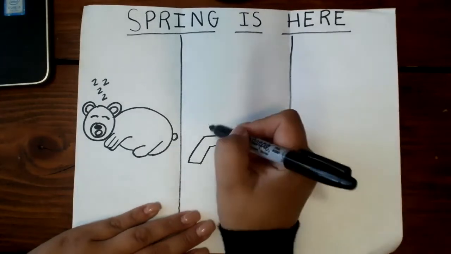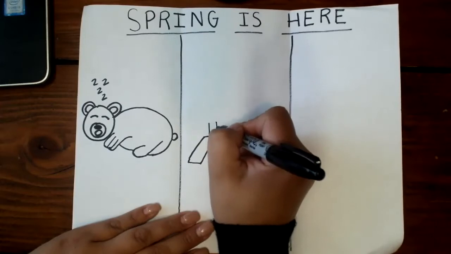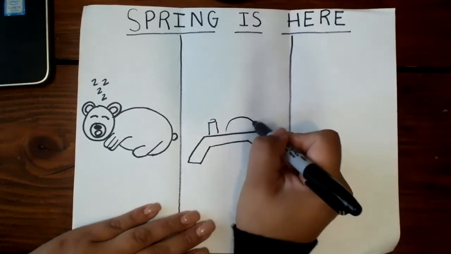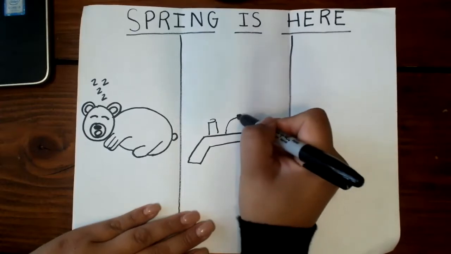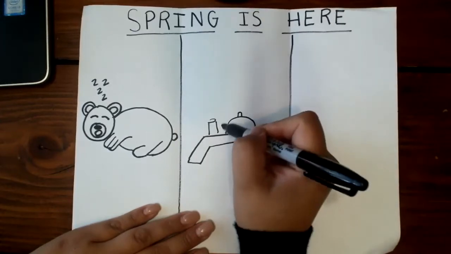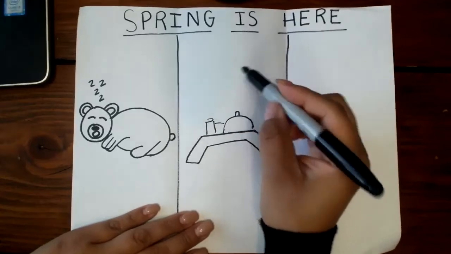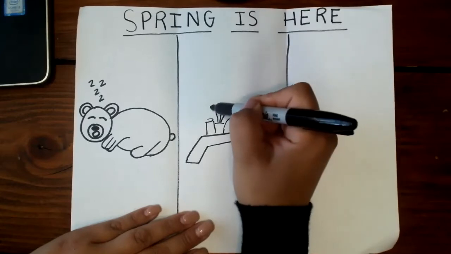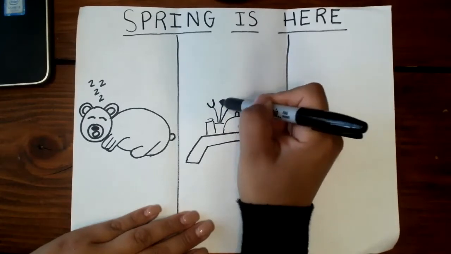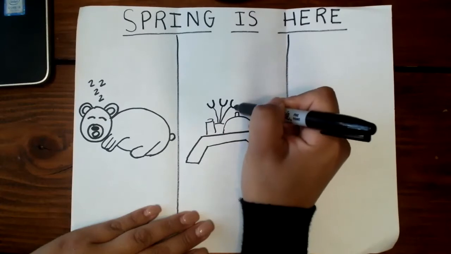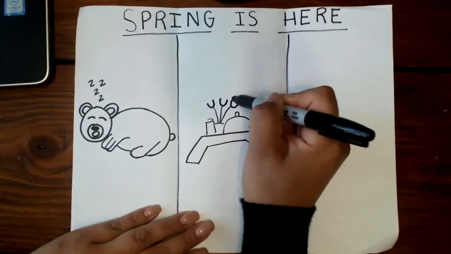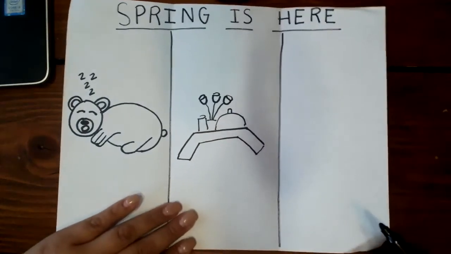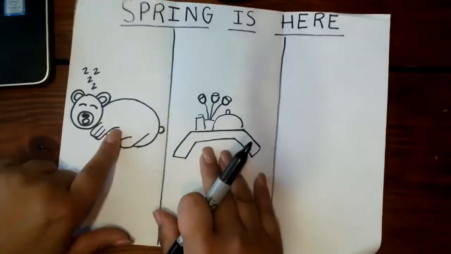And then on top of it, he has like a little cup of juice. And then he had a tray covering the food. And then he also had flowers. And do you want to know what kind of flowers he had? He had tulips. So make letter U's on top of those lines. And usually tulips are the first flower to come out during spring season. Okay. And so the bear was awake,